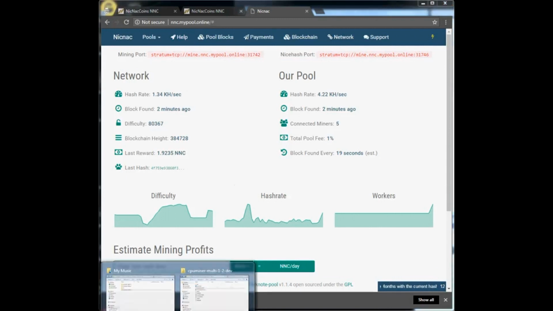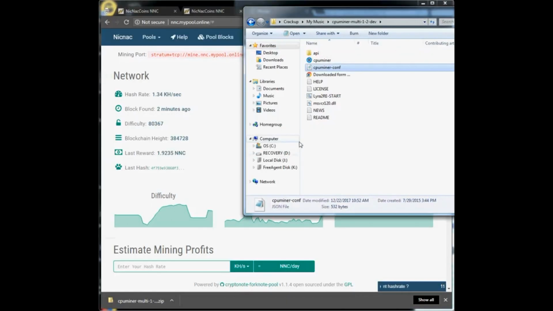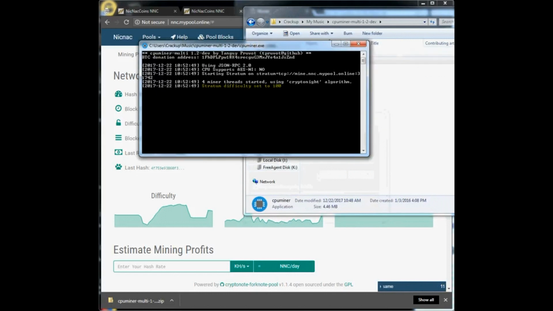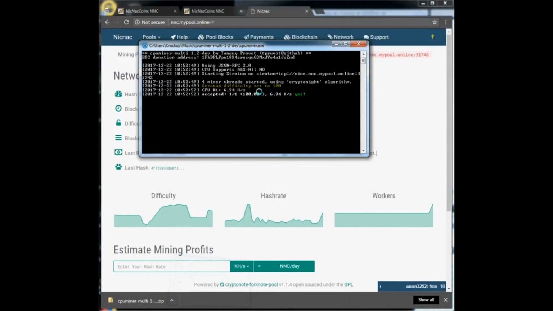I am now going to go back to the home page, and in that folder now, this CPU miner, which is the main application, I can go ahead and double click there, and it's going to read the information from the configuration file. It's going to ask what else I want to do. Going to minimize that,